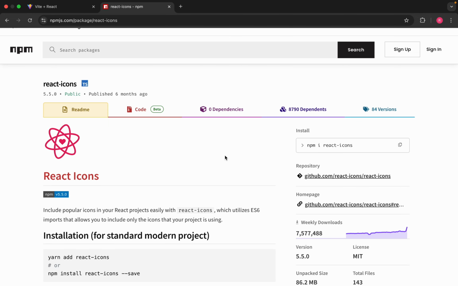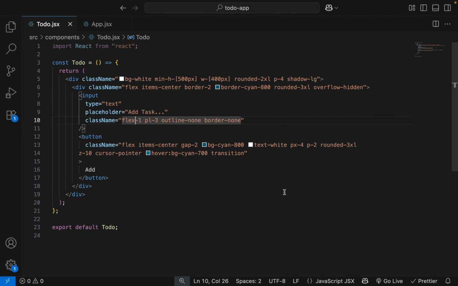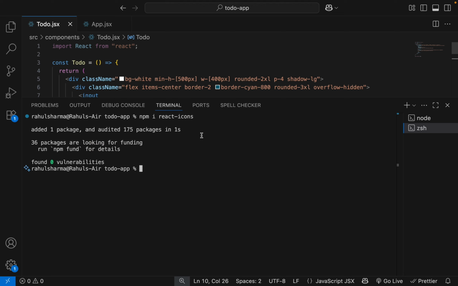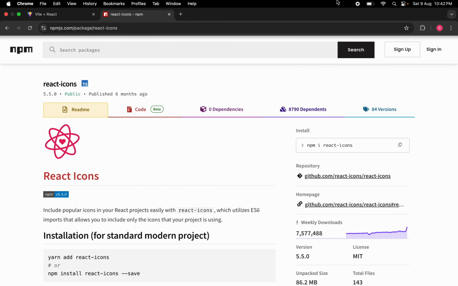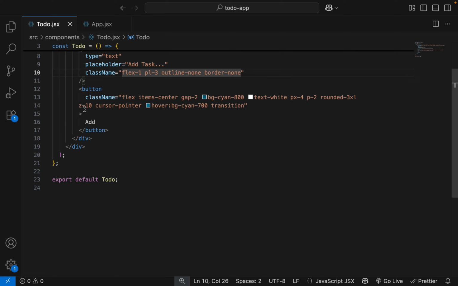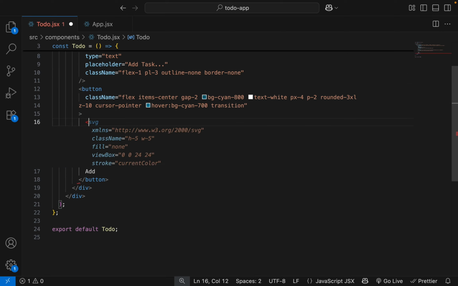Now I am going to add React icons to use icons in the to-do app. So open the terminal, add a second terminal and paste the command, press enter. Our package is installed. Close the terminal. Now let's add the plus icon inside the button.